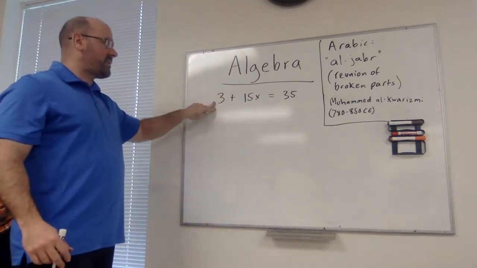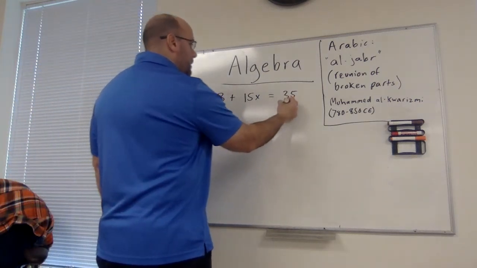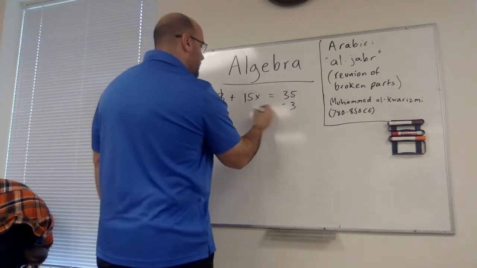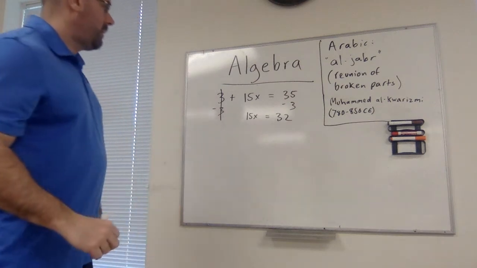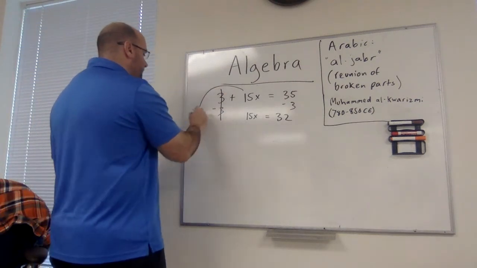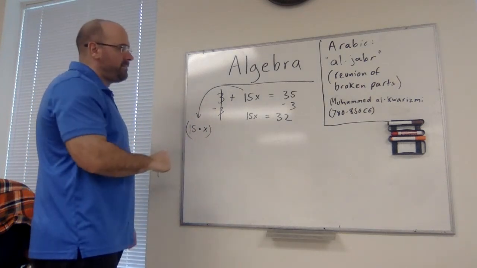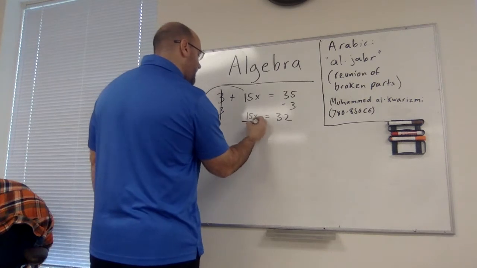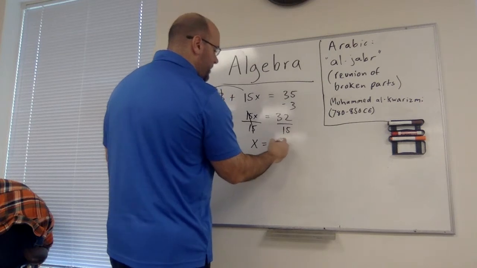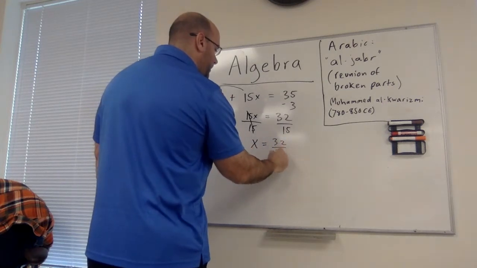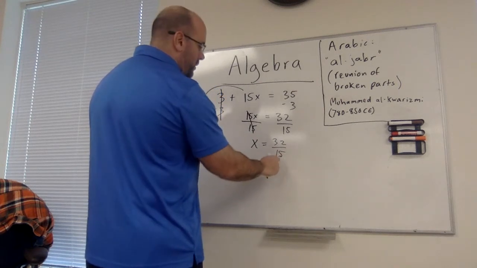Well, even though I've got the 3 on this side, this is adding a 3, so I'm going to subtract a 3 here. Subtract a 3 here, that cancels out. That means 15x equals 32. Remember, 15x is the same as 15 times x. So, gotta divide that by 15. X equals 32 over 15. If I make it a mixed number, x will equal